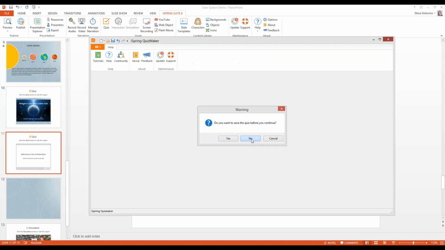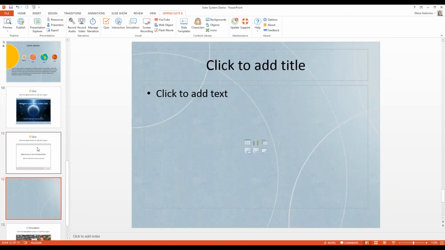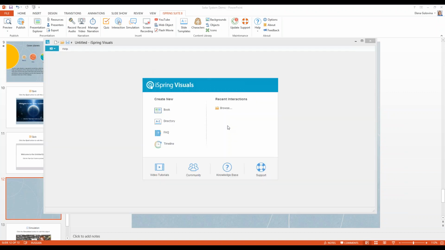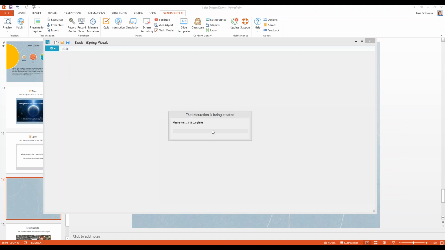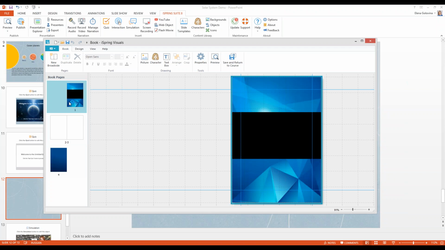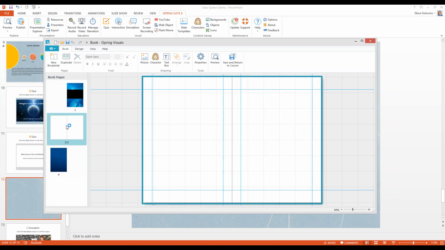Okay, so as I said, you can add interactions. It's our other component of iSpring. And we have 4 types of interactions. They are a book, directory, FAQ, and timeline. It's pretty easy. It's really intuitive. I don't think I need to spend a lot of time demonstrating this tool, but